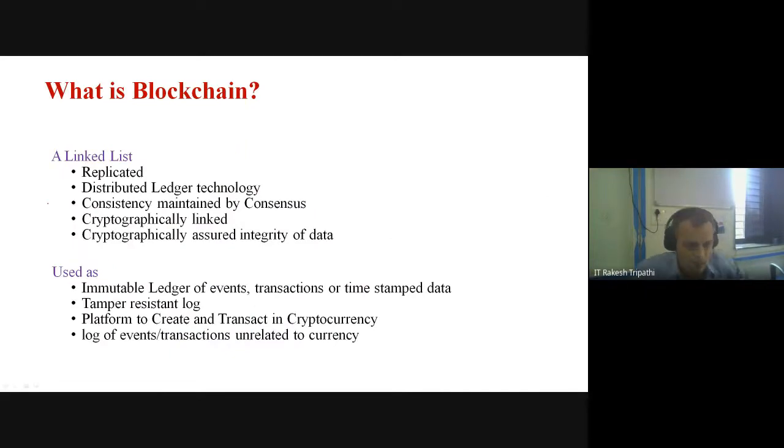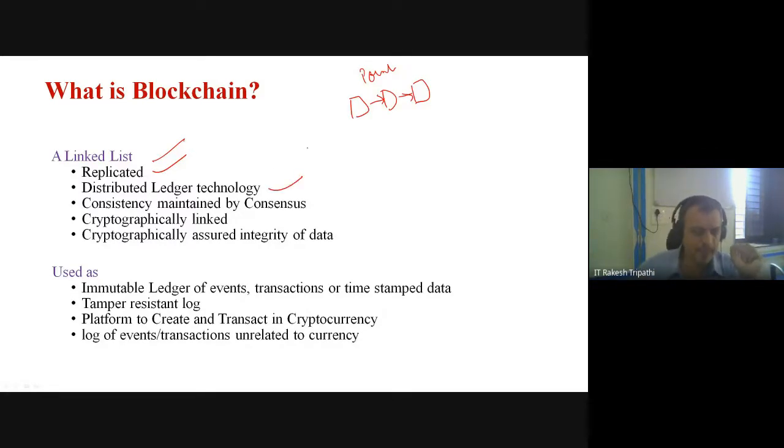What is blockchain? Technically, it's a linked list. Blockchain is a list of blocks, so it is also called a linked list. The only difference is that rather than having a pointer to the previous node, you have a pointer to the hash value of the previous node. We'll see what that is. What do I mean by that? That linked list is replicated. The blockchain, the chain of blocks, is replicated across multiple sites, and it is also called distributed ledger